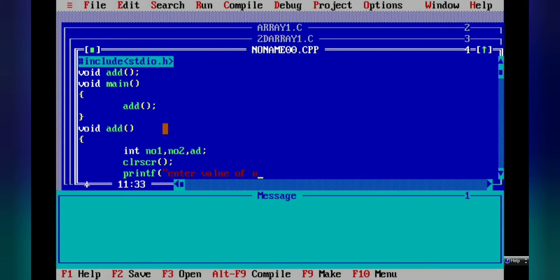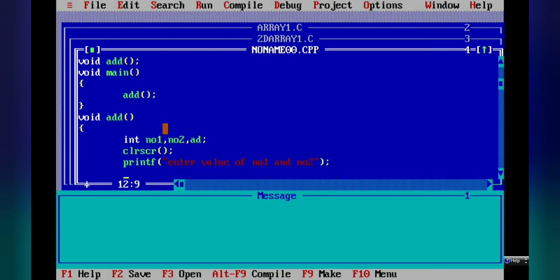Bracket over, double quote over, bracket over and semicolon. Now we will perform the add operation. So add is equal to number1 plus number2, semicolon, in small letters only. Then next is the printf statement.